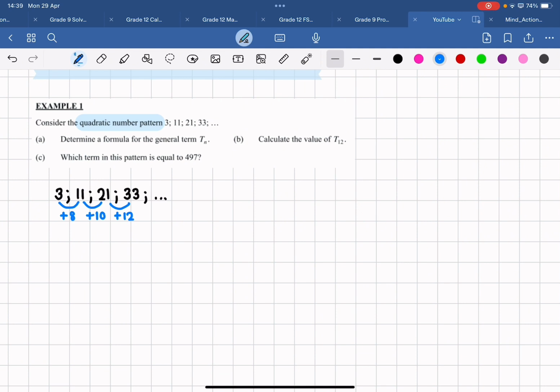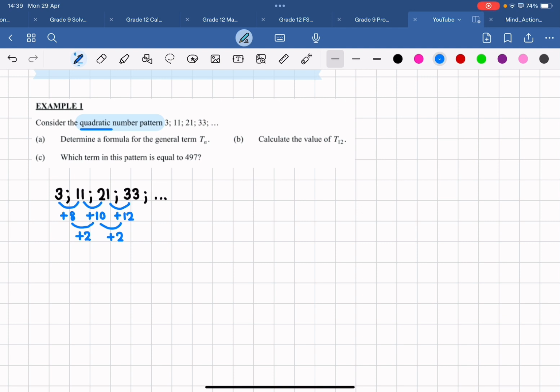Now from here we can see that we do not have a constant first difference, so that means that this is not a linear number pattern. Now they did tell us that it's quadratic, of course, but you do still need to be able to answer this question even if they don't tell you. So we can see that we do in fact have a constant second difference, so a constant difference of 2